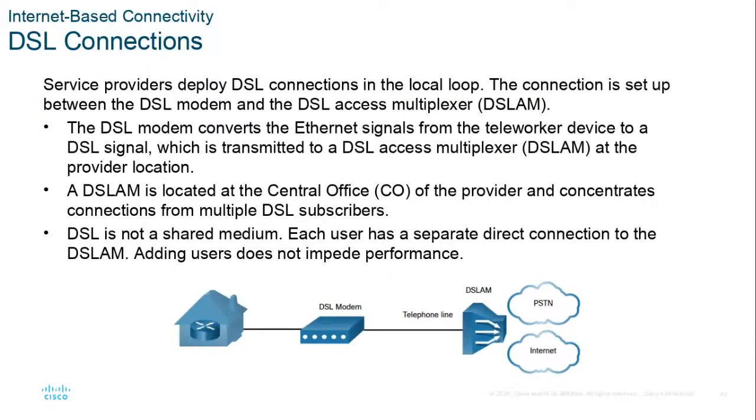So the DSL connection starts at the telephone company central office. They have a device called a digital subscriber line access multiplexer, or DSLAM, and that's essentially a fancy Cisco router. Then that goes to the DSL modem at the customer's premises, and the DSL modem converts that proprietary telephone company format into standard Ethernet. Standard Ethernet connects to your home router, and you can connect to that. And the DSLAM splits the voice communication and sends it to the voice dial-up network, and splits the internet data packets and sends them to the internet.